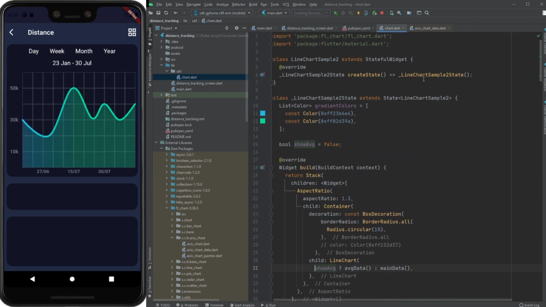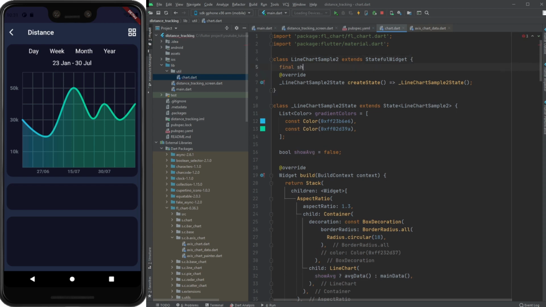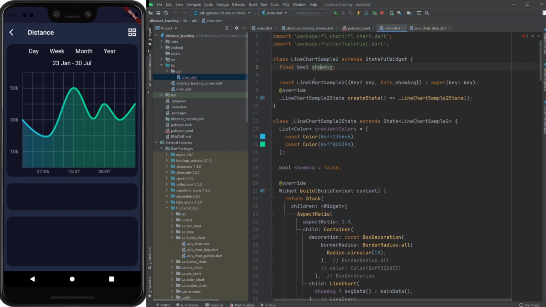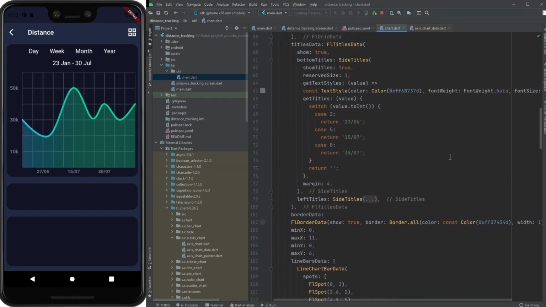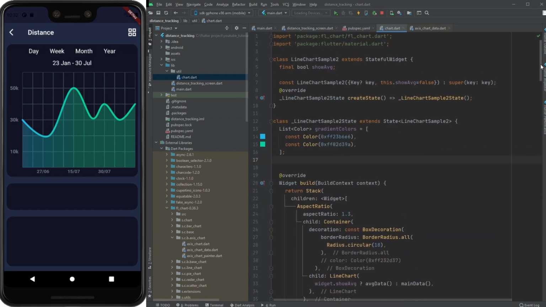After that we will use this boolean value from our screen, so we get the fact, initial value should be false, and remove this. No, remove this. It's not working because in a state we should use a widget dot in the screen. Okay, so I already set everything. Now